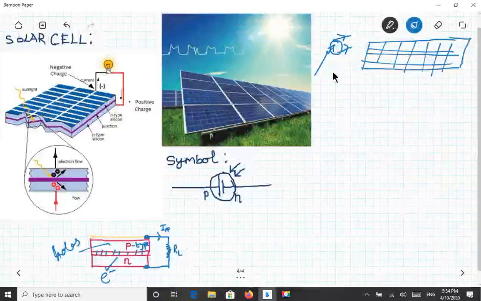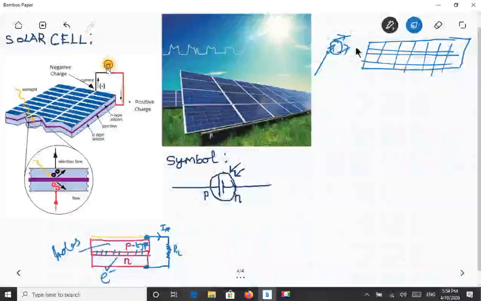Whereas in a photodiode, there will be a reverse bias, so P is connected with N and N is connected with P. Here you can see that there is no battery, because anyway it is going to produce the current and we are going to get it, and the output will always be DC. But we are using domestic power, which is the AC power supply, so we have to convert it from DC to AC with an inverter. That is apart from our syllabus. So it is producing only DC.